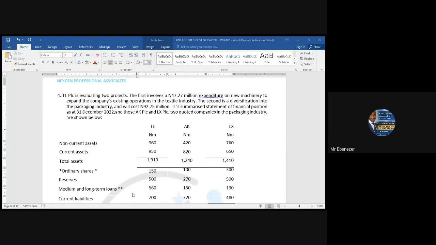Our next class is on Saturday. We'll complete the project-specific cost of capital on Saturday. Then Sunday, if we complete that on Saturday, we'll move to another topic, which is